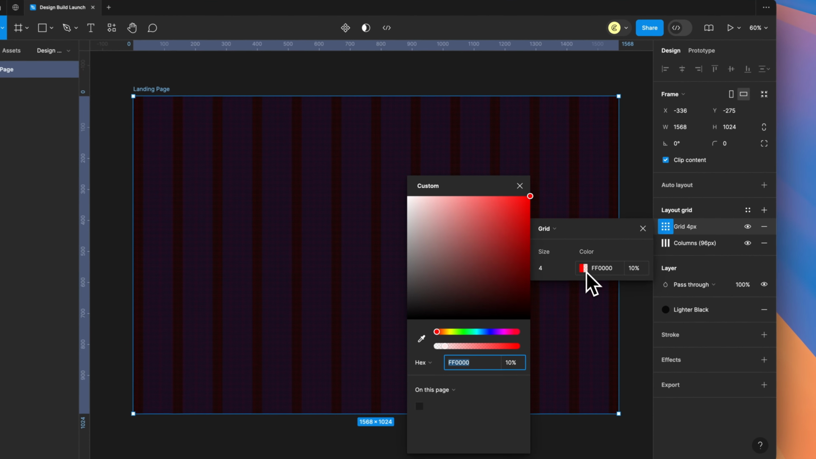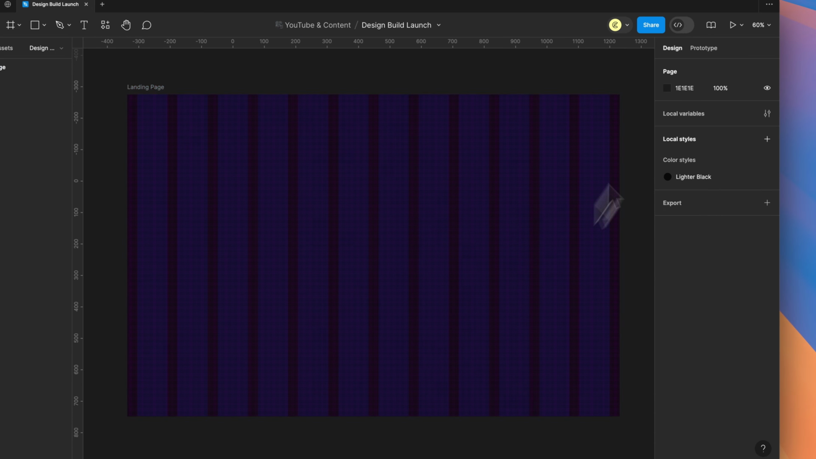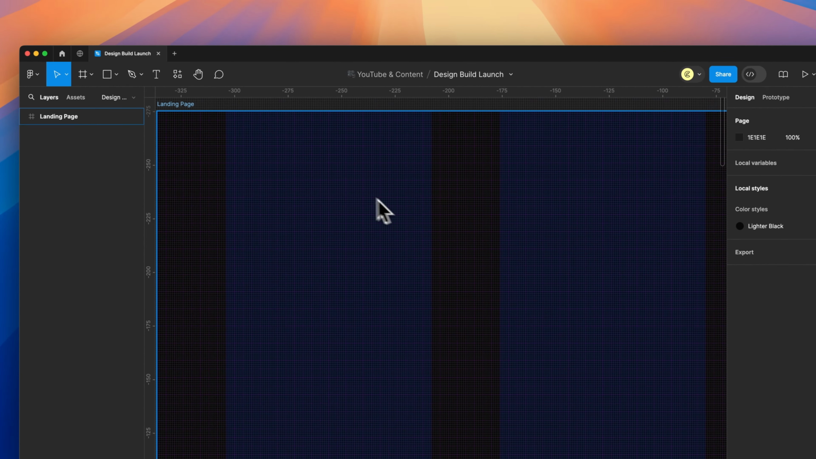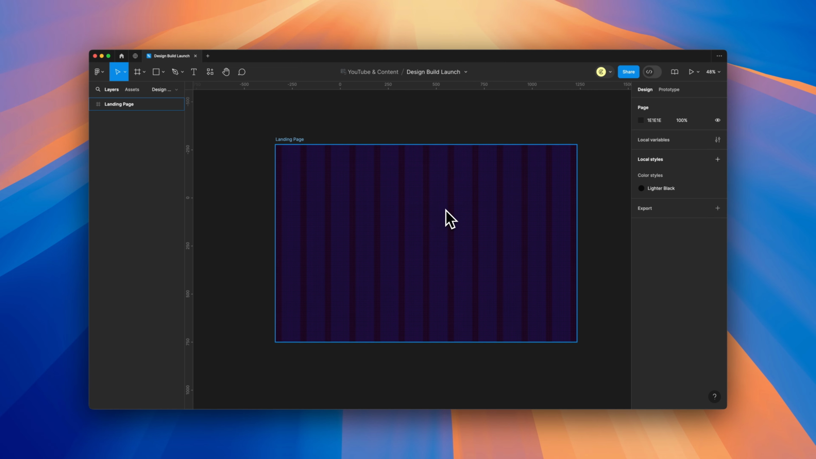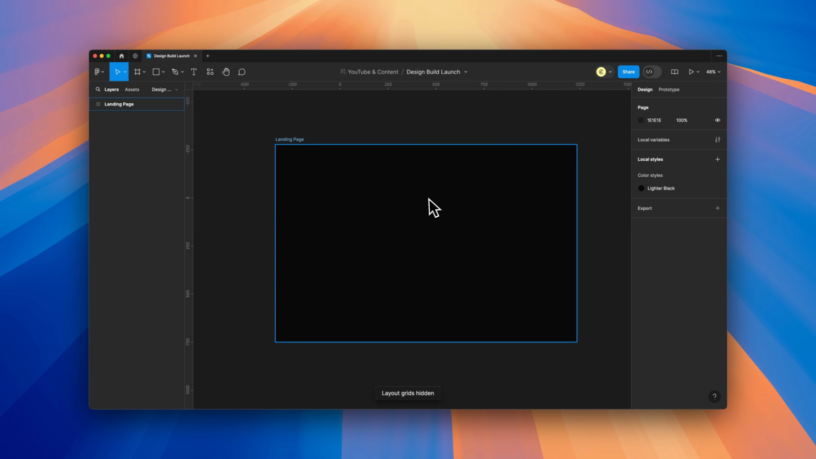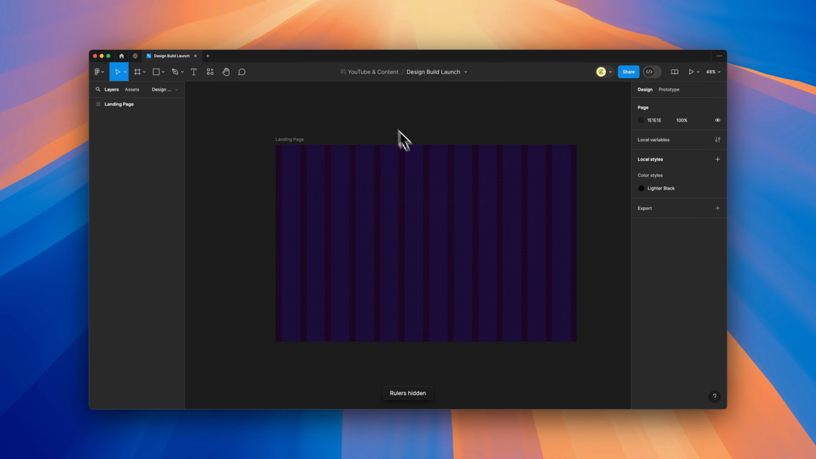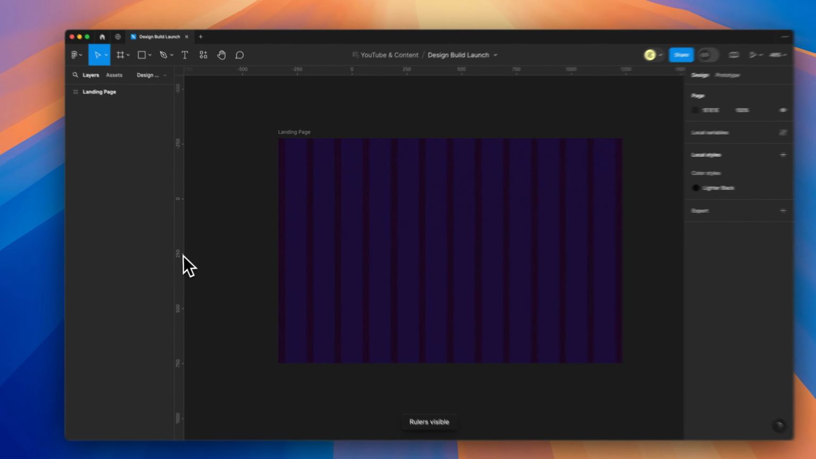And again, we'll change the color. Let's go with the purple. That way, if I zoom in here, we can see that just a little bit better. If at any point you want to turn this off, you can just hit Shift-G on your keyboard, and that will remove that. And if you hit Shift-R, it will apply these rulers, because I'm going to drag out next